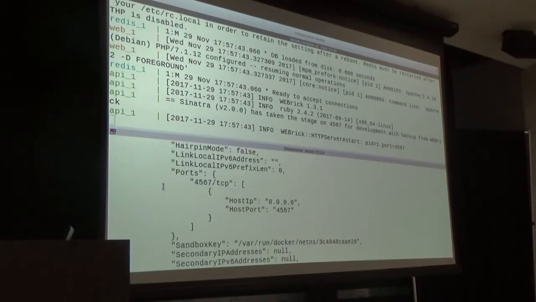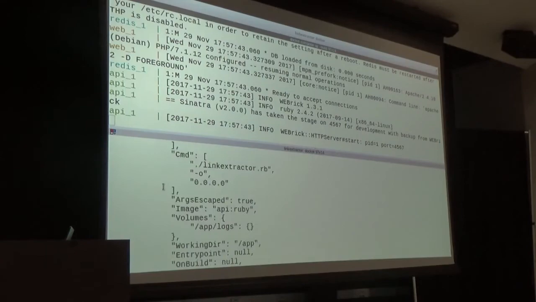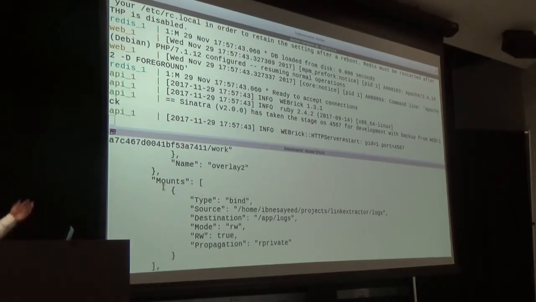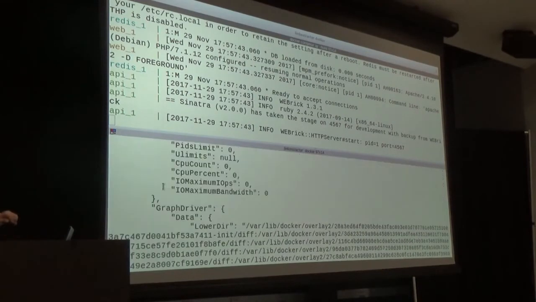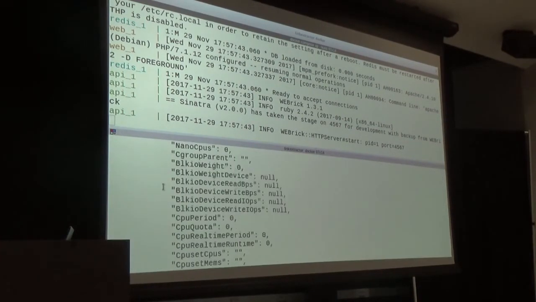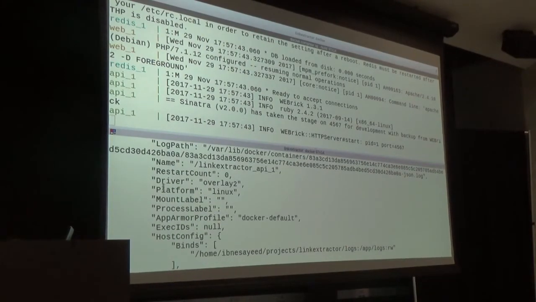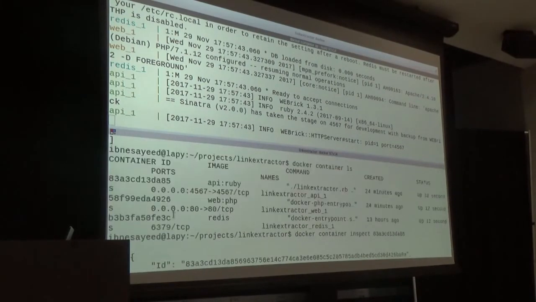Where it's running, which volumes are mounted, and a ton of information about that container internally. There are also filtering options. If you're looking for only specific attributes, you can filter that. There is also